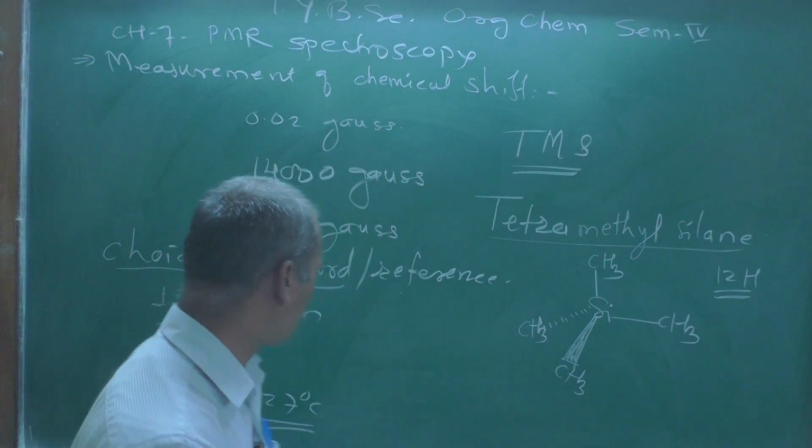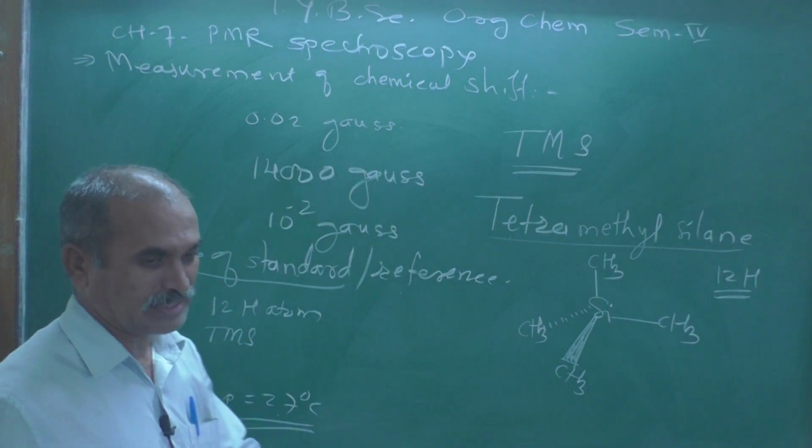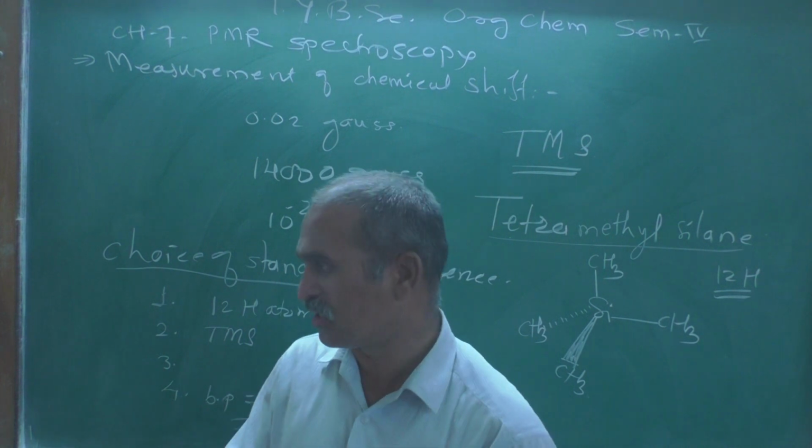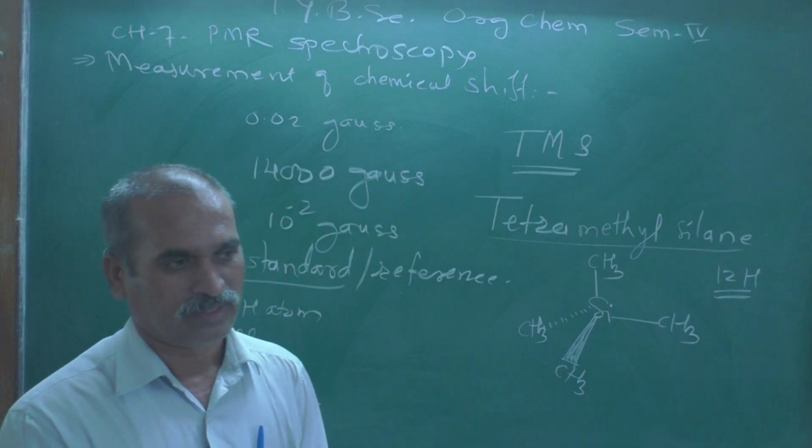And here, 27 is nearly room temperature, so it is very volatile,